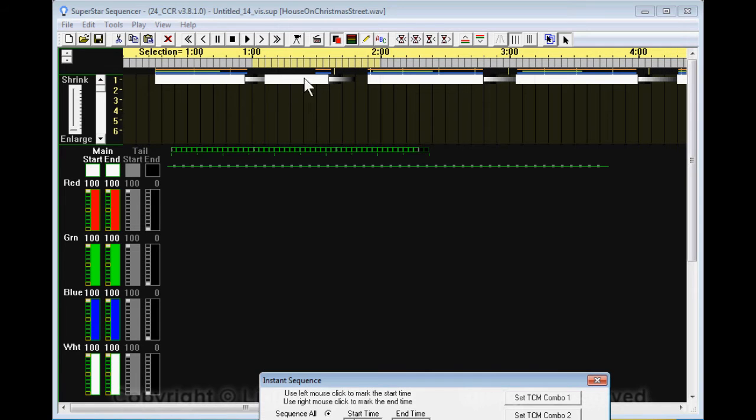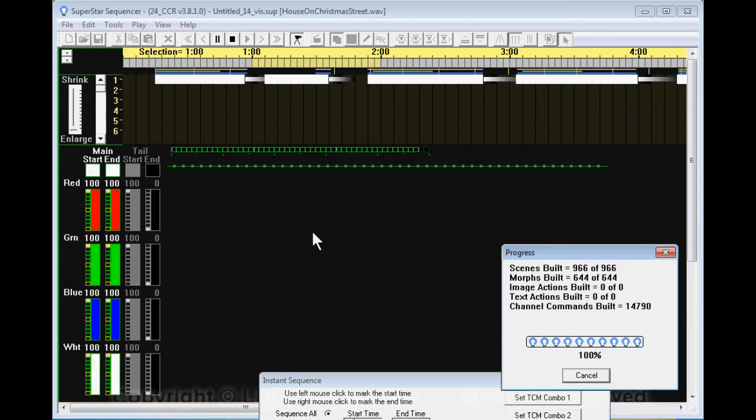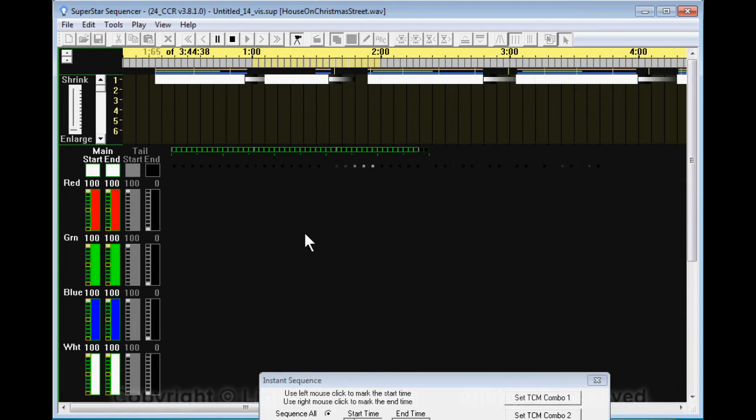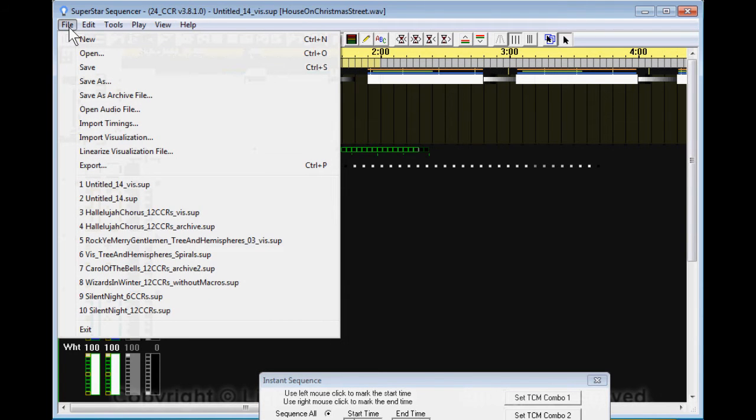You notice this time it only has one row because there's just one row on our sequencing grid, and all of the effects are white. That's because we just told it the number of controllers we have, and it has no information on the colors of those channels, so it just assumes they're all white. And if we play this, this is what it looks like. And so it plays that pattern across all these channels,